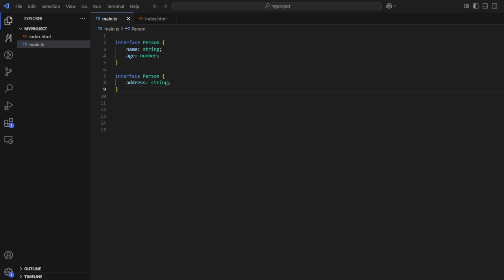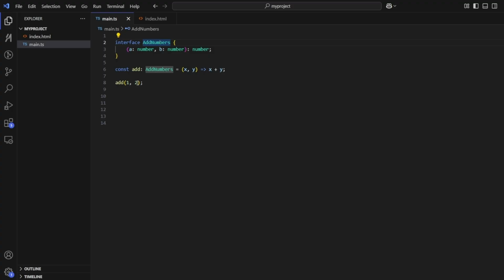So till now we have understood what an interface is, how we can make any property of an interface optional, and what auto merging or declaration merging is. Now let's talk about how an interface works with functions. We can use an interface for functions to define what parameters they take and what they return. So here I have created this add numbers interface, which is saying that both parameters will be a number type and it will return a number only.